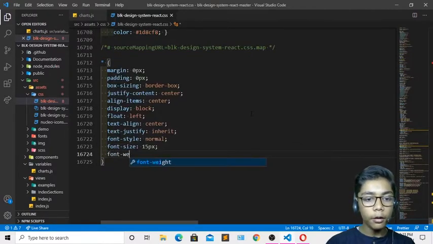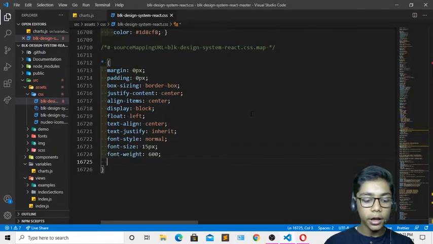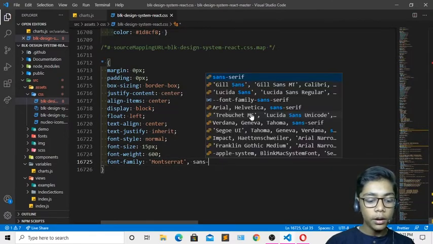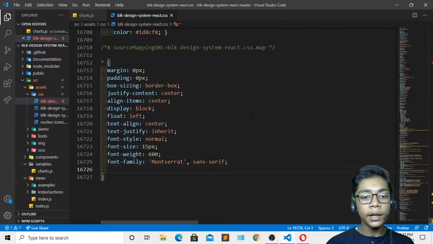Then I will also be needing font weight. I will be having 600. Then the font family, I will also be needing Montserrat. So you can see we have done that. Now I'll be writing comma sans-serif. So just write that. Now when you've written all these things, I will be coming underneath again and